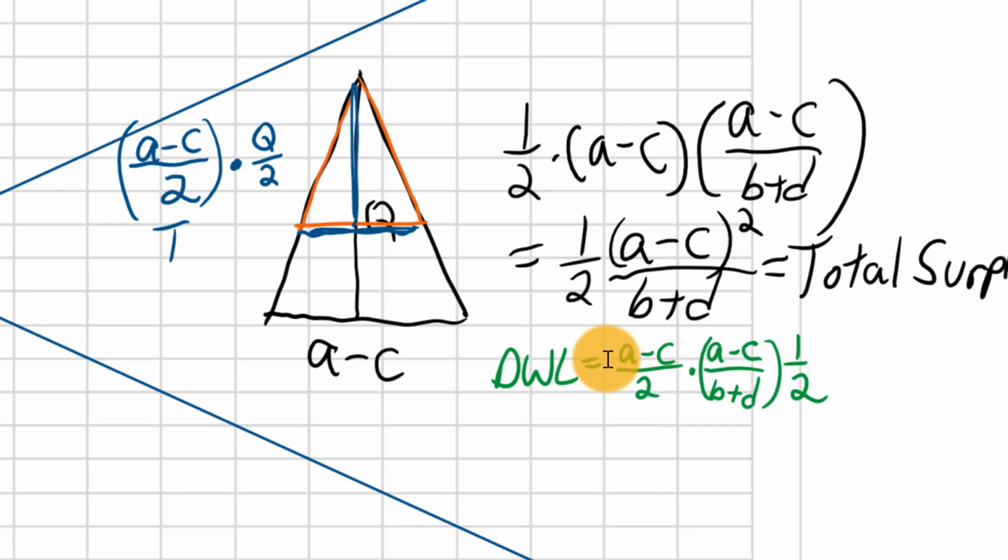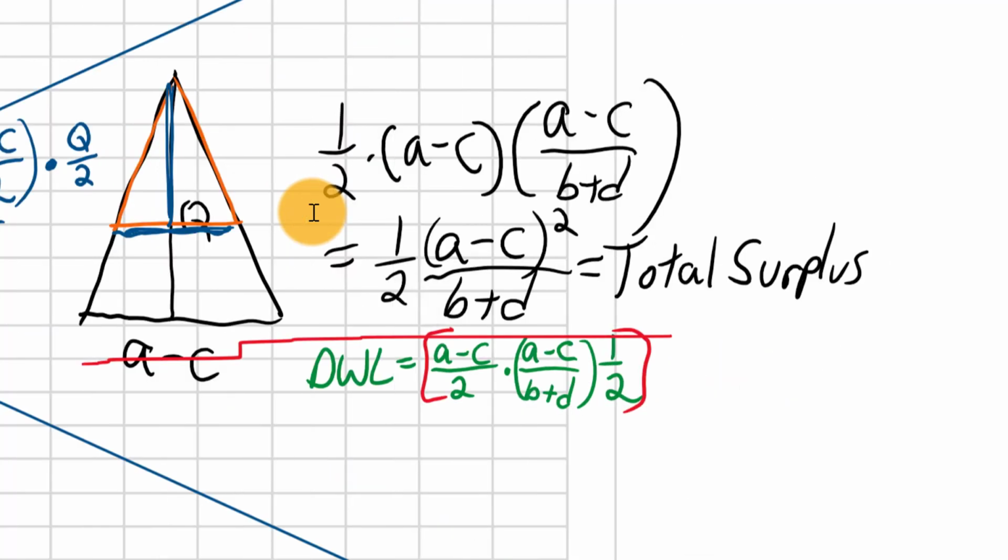Then what we're going to end up with as the area of this deadweight loss triangle: we have the tax rate, (A minus C) over 2. We have the quantity, but half of that, and that's the height of the deadweight loss triangle. But since we're finding the area of a triangle, we have to multiply 1/2 times base times height. So we have another half here. And so if we multiply the half times here's another 1/2, we have 1/8 times (A minus C) squared over (B plus D).